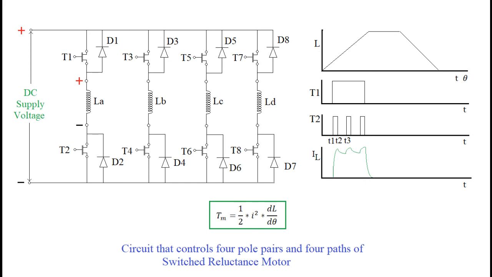Initially, when both transistors are on, current rises to maximum value. Afterwards, when one of the transistors is disconnected, energy stored in inductor is returned to the supply. Such a rising and dropping of current controls the average current value and also average torque value. Finally, when region of rising inductance finishes, both transistors are turned off and all energy is returned to the supply.